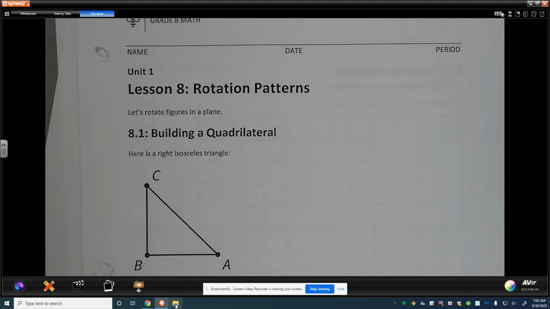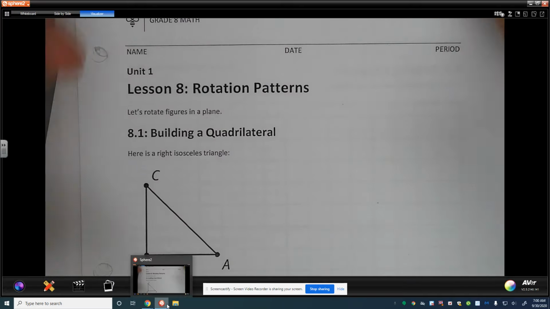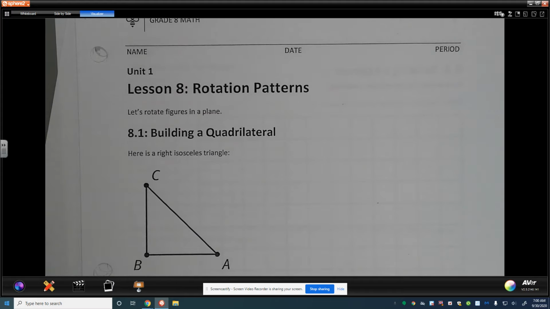Today we're going to be talking about rotation patterns. As we talk about these rotation patterns, what we want to look at is applying the principles that we've been learning over the last several lessons. Specifically today, we're going to be talking about the rotational pattern around a center of rotation going a certain number of degrees and a certain direction. I like this because this is going to be practicing what we've been talking about with using precision of language. We'll have an opportunity to read a lot of that, and we will have a lot of opportunity to practice